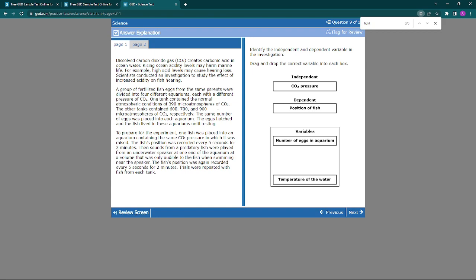So, wait, is that pressure or atmospheric conditions? So I want to say microatmospheres of CO2. So that would be, I don't even know what that is. Honestly, yeah, the same CO2 pressure right here. Because that implies like,